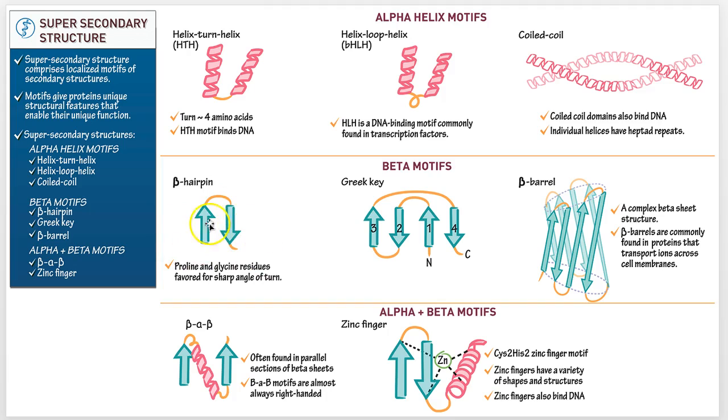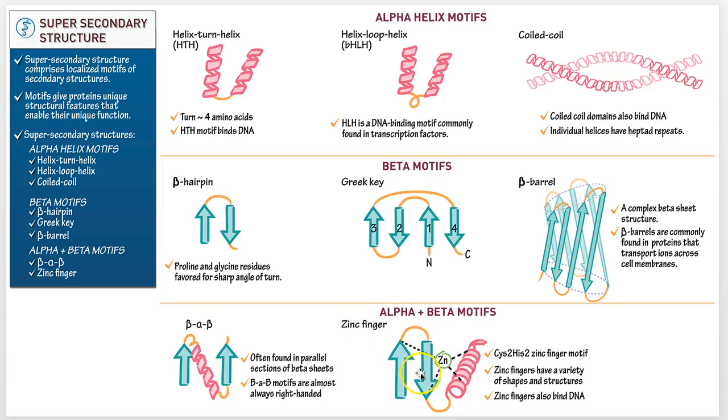Beta hairpin turns happen all the time. Greek keys are just really complicated. Beta barrels happen all the time. This structure should look super familiar, because if you've ever seen a cellular transport protein embedded in the cell membrane, they're usually beta barrels, or at least have some form of beta barrel structure. So that's alpha helix motifs, beta helix motifs, or beta sheet motifs, and then if you start combining them, you can get weird stuff like